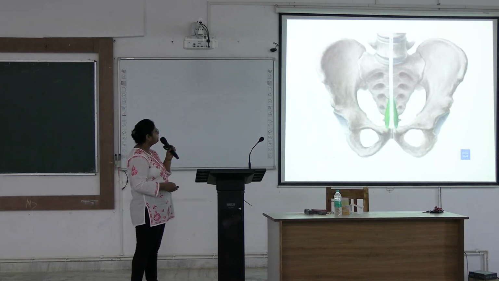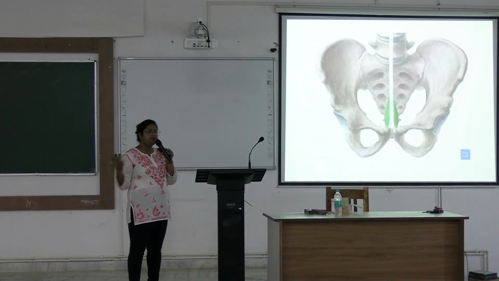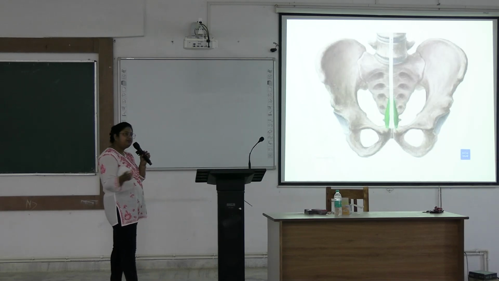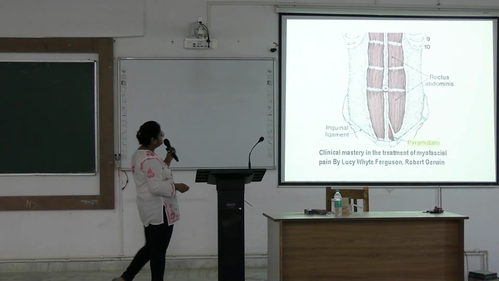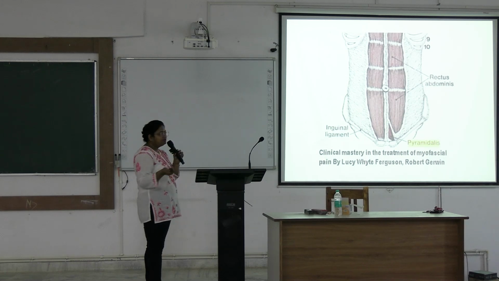Okay, and this is the location of pyramidalis. Pyramidalis is sometimes absent, not always present. This is a content of the rectus sheath arising from the pubic symphysis and pubic crest and inserted over the linea alba. Linea alba, the midline fibrous structure. Here is the pyramidalis, rectus abdominis. On this side, pyramidalis is absent.